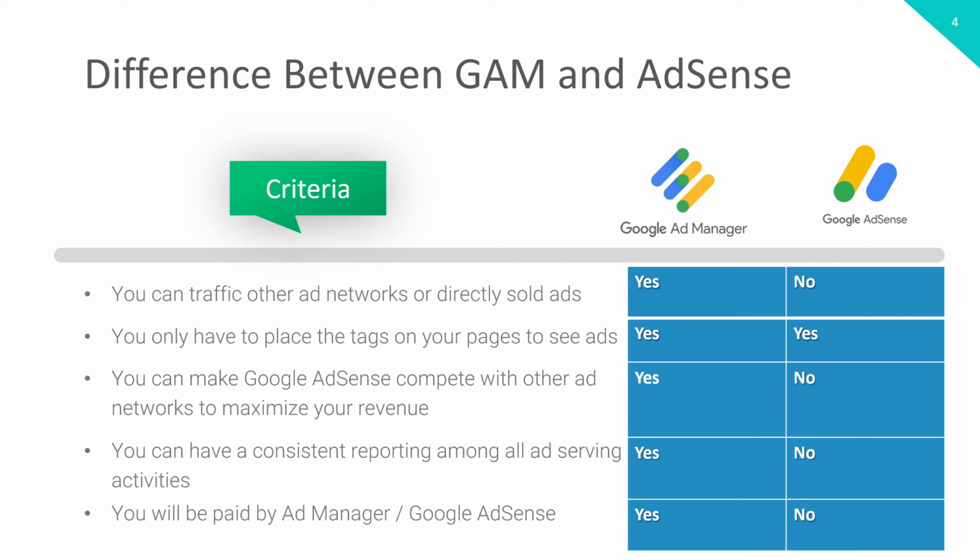Now third is you can create competition with third-party networks. That competition is possible with Google Ad Manager, but with AdSense you cannot add any third-party account. Google Ad Manager can easily integrate with AdSense. It allows AdSense to run the ads along with the third-party ads. You are getting the benefits of AdSense, but on top of that you are getting the benefits of running third-party ads, creating the competition as well. So those options are provided with Google Ad Manager.